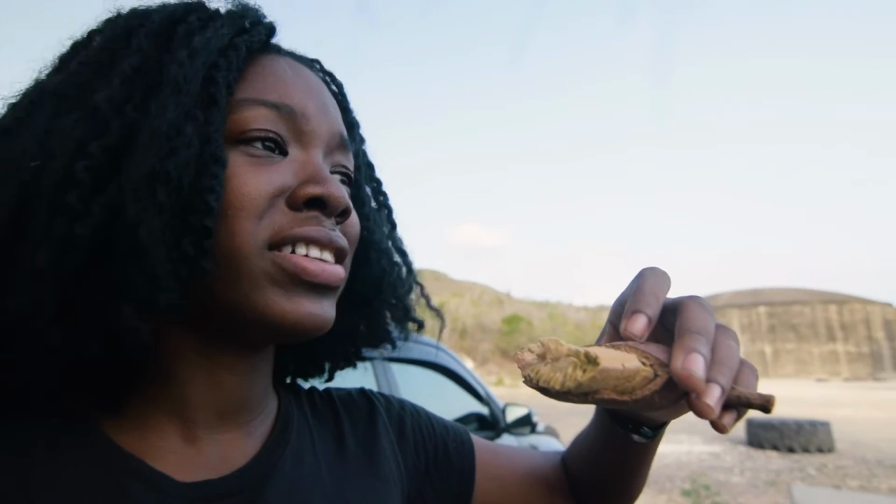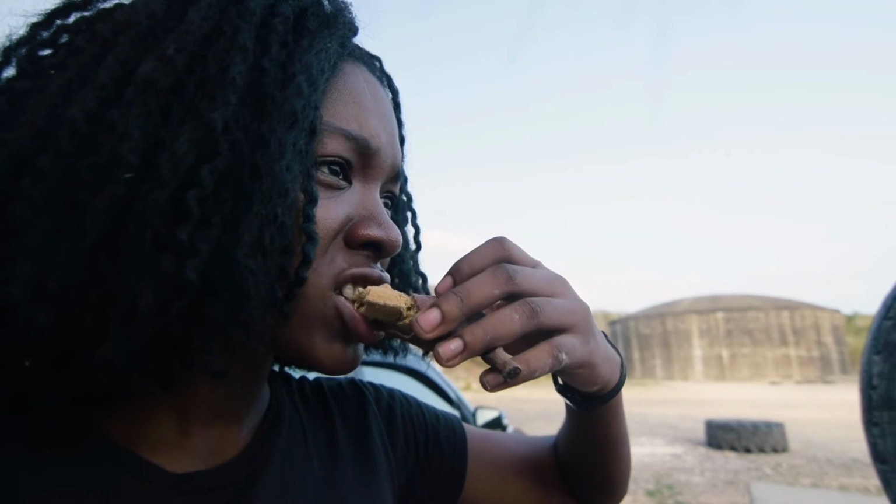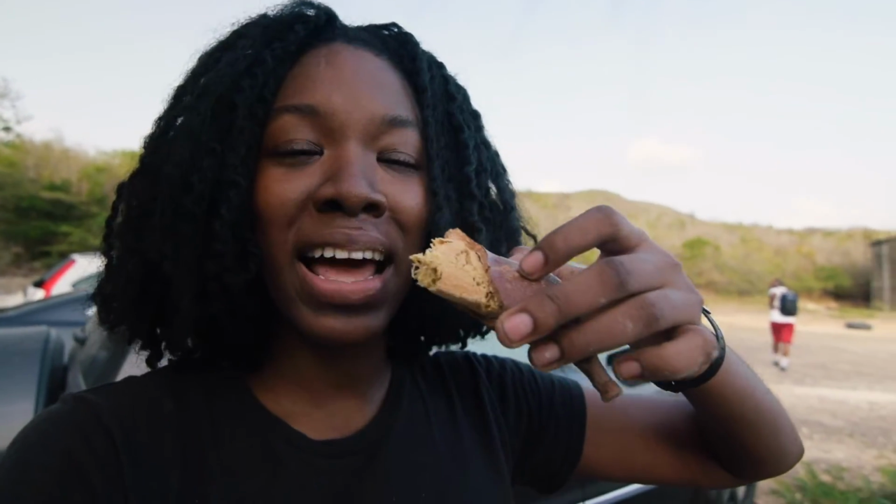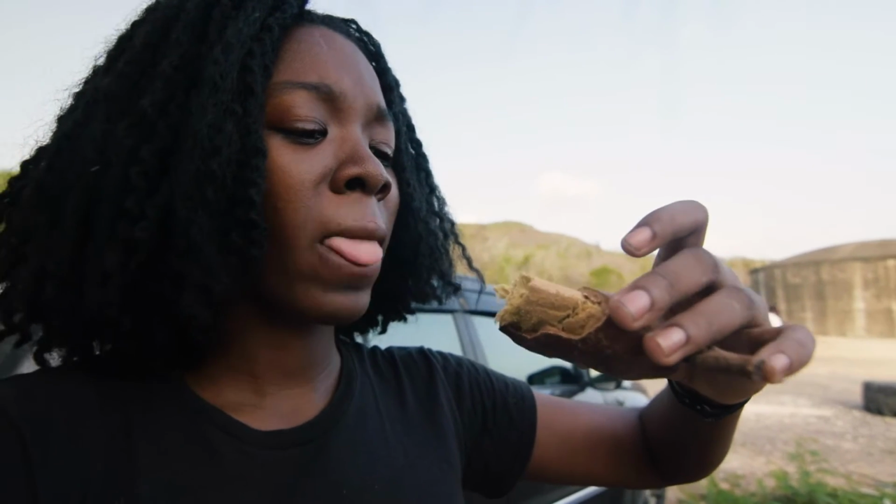It has a sweet thing to it. But it's very like chalky and powdery. But it smells really bad. It smells really bad. So actually, even though this smells really bad and it kind of tastes weird, it has